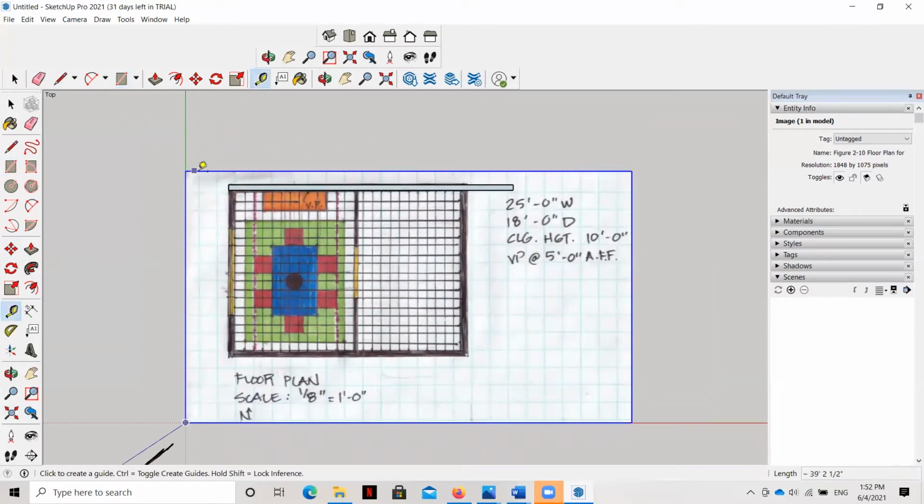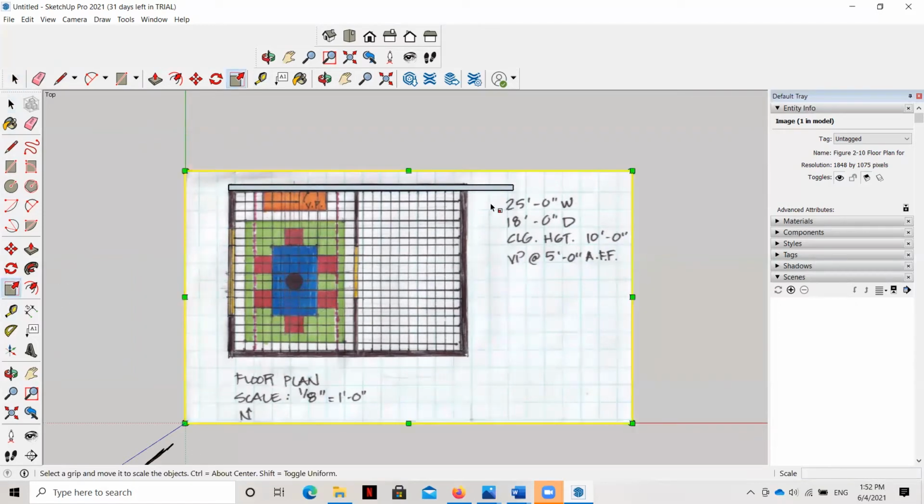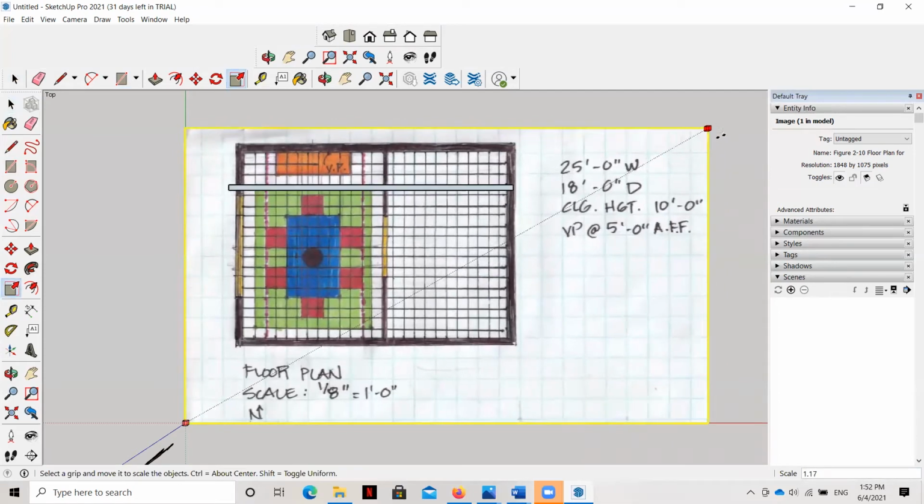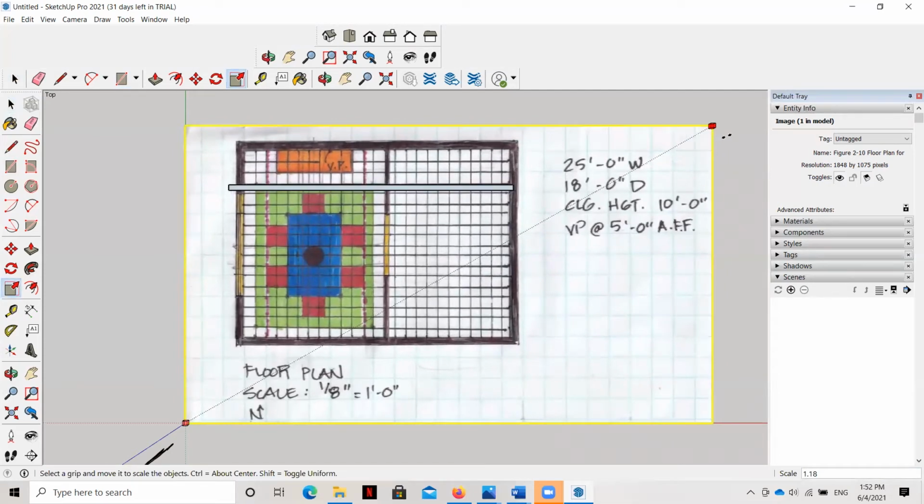Now, if you want to, we can measure it just to make sure we drew it to the right size. Okay, 25 feet. Once we've got that, let's grab that floor plan again and resize it. I'm going to select it and hit the scale button, then drag the floor plan and scale it up until it looks like it's about the right size.